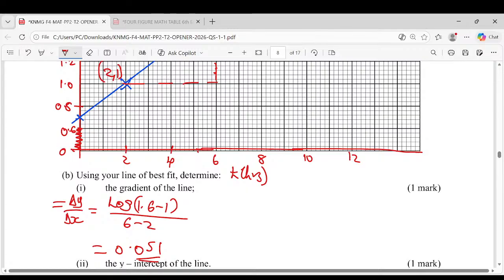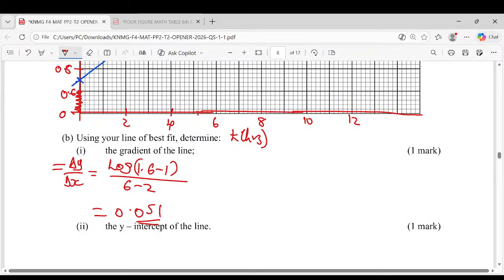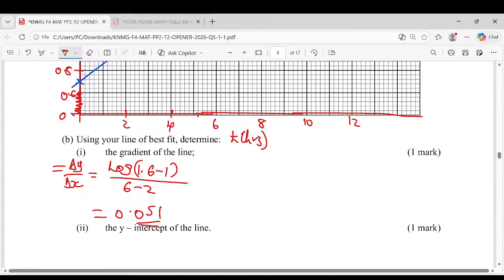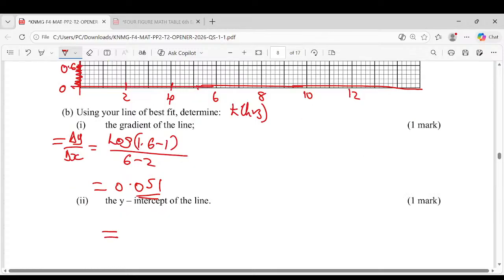Determine the y-intercept. The y-intercept is the point where the line is cutting the y-axis, and the value here is 0.7. It is cutting the y-axis at log 0.7. The y-intercept is at log to base 10 of 0.7, which translates to,